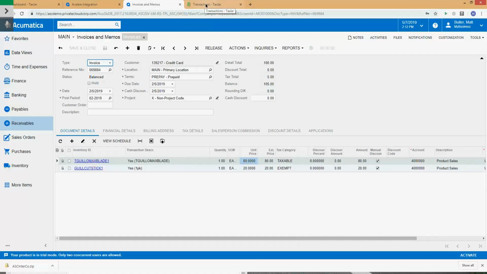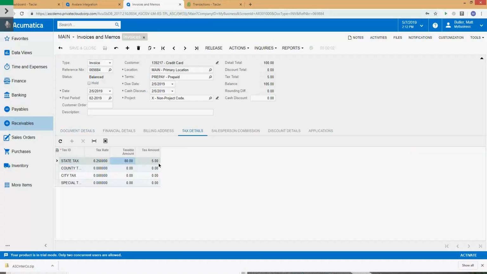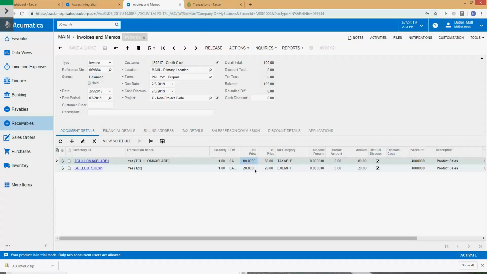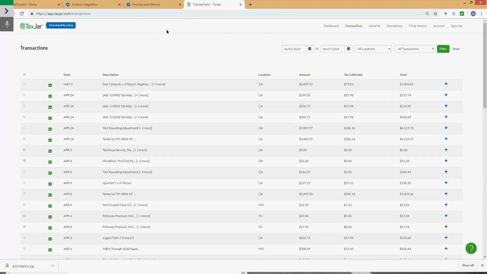And at this point, I've got a tax total now. My tax is apparently 6.25% for this. It was $5 on the 80, right? And so it did not tax the $20. Great. Okay, so there we have. And if I come back here and I look at my transactions,